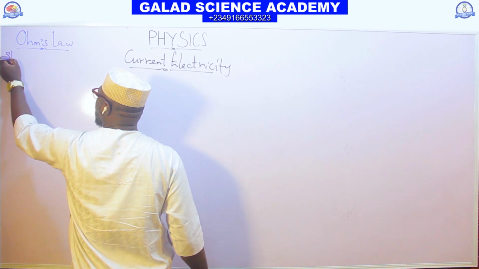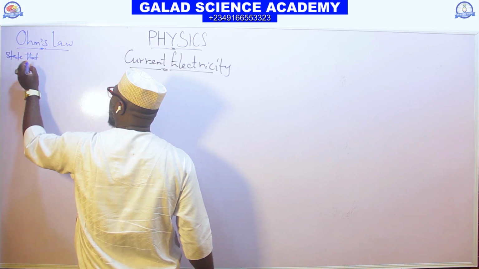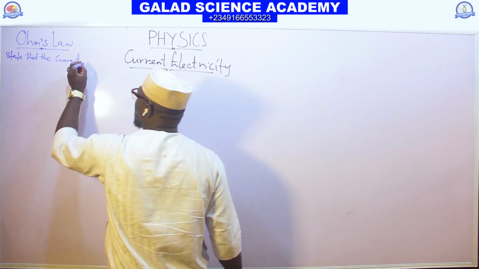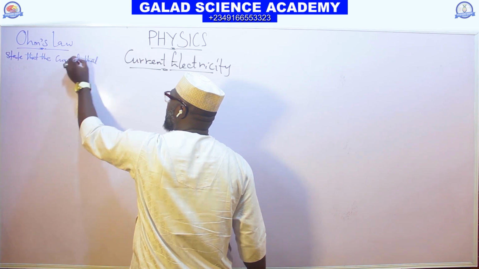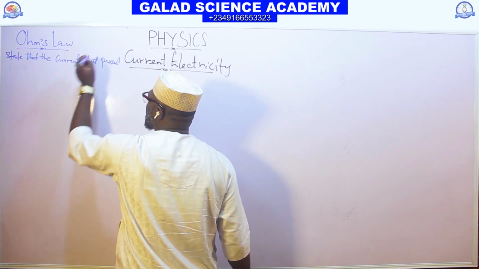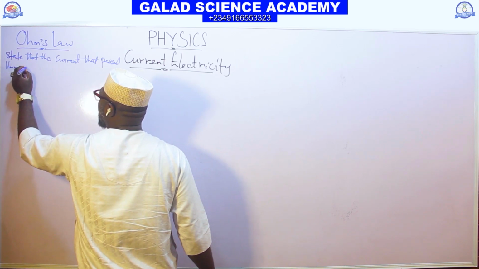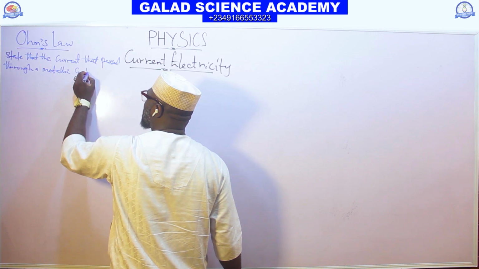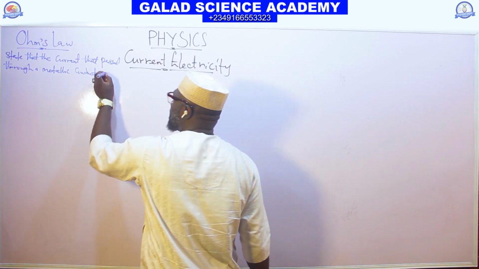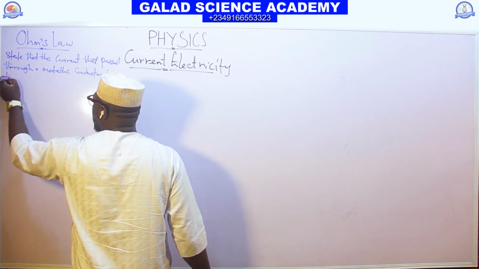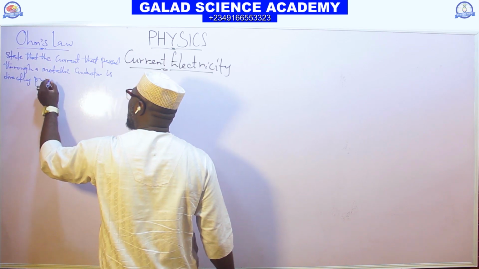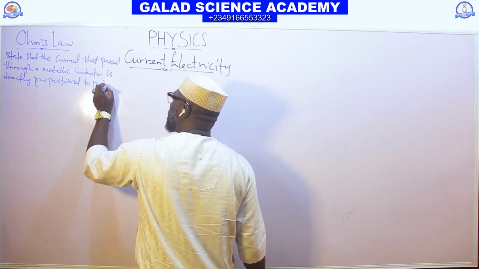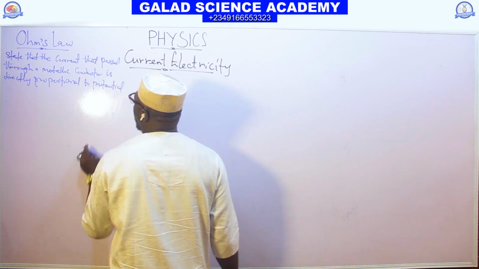It states that the current that passes through a metallic conductor is directly proportional to the potential difference,